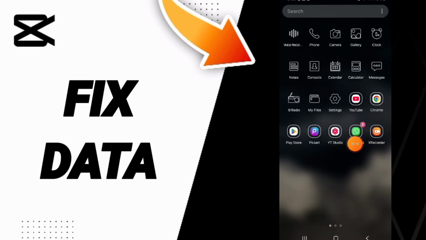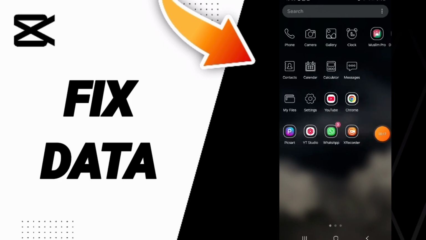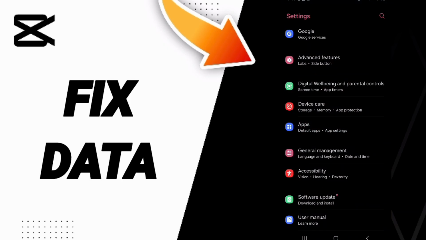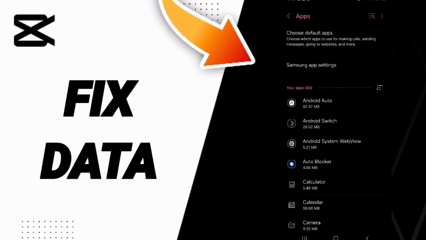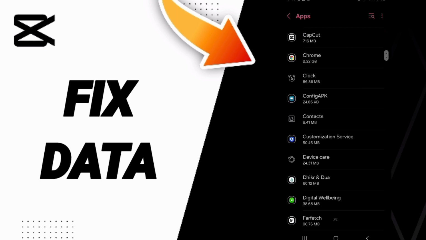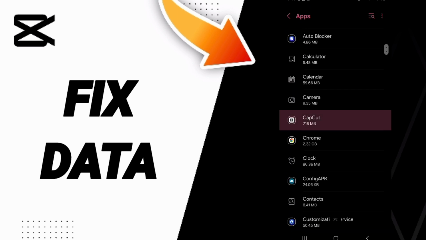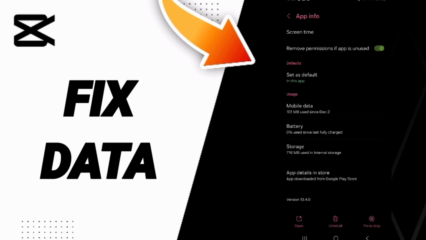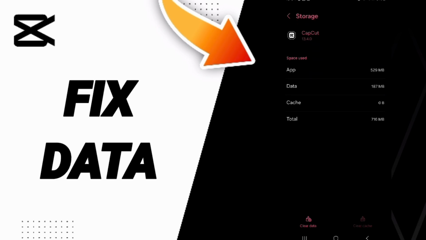Today we'll talk about how to fix the problem of data on the application of sample random sampling. We go to settings here. On this page we click on apps, default apps, app settings. Here we search for the CapCut app, as you see, and we click it. Here we click on force stop and click OK, then we enter the storage. In this list we click on clear cache